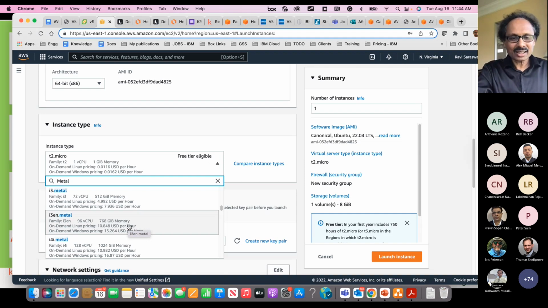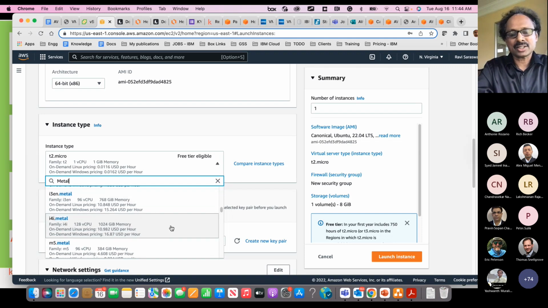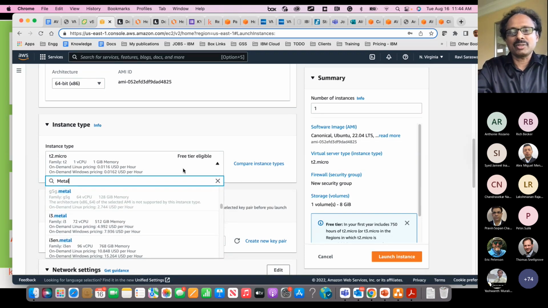If you look at VMware Cloud on IBM, they have a much better solution than AWS. They have several bare metal servers, but in AWS we usually have 2 bare metal servers available. But this works in the majority of the use cases. If the customer has a high storage workload, then select i3en.metal. It supports up to 768 GB memory per bare metal server. But if the customer has high CPU and memory requirements, then select i3.metal. Those are the 2 bare metal servers supported in AWS for VMware Cloud.